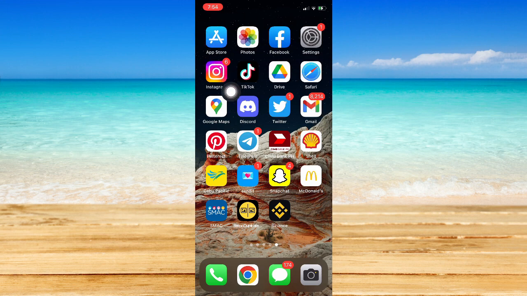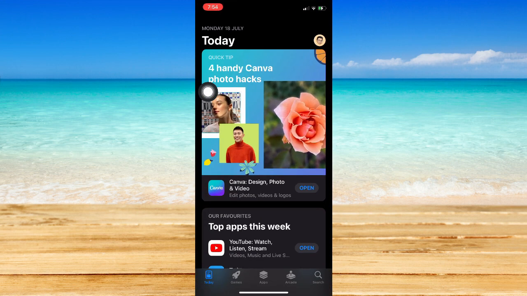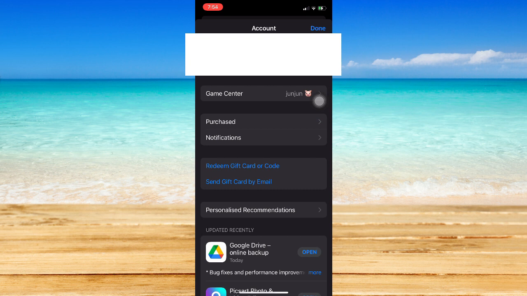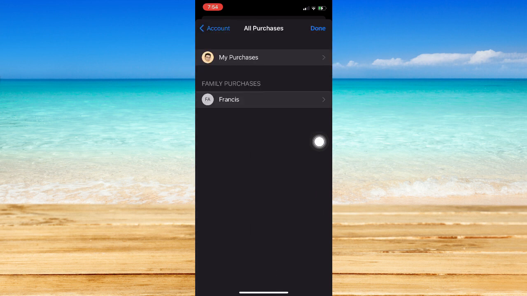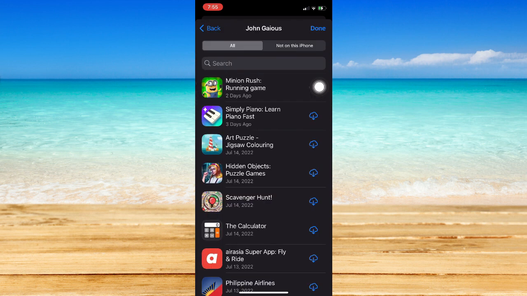What you're going to do is to go to the App Store now and then click on your profile found on the upper right corner of the screen. And then once you're in the profile, simply go to purchases right here and then wait for it to load. And again, click on my purchases. Once you are right here, what you're going to do is to